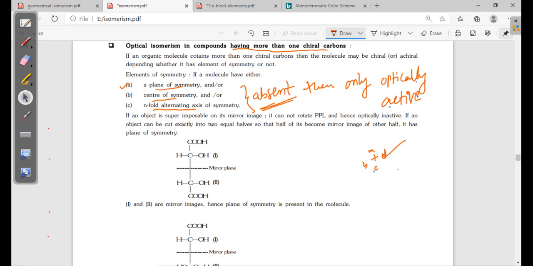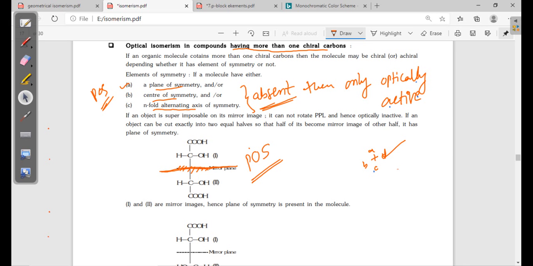Right? Now see here, an example. Here a compound is there, and a mirror image is there. Mirror image means plane of symmetry. Plane of symmetry means if one plane is bisecting the given compound into two pieces which are mirror images, that is called plane of symmetry. Yes, one imaginary line is here. This molecule is cut into two pieces, the above one and below one look like mirror images, right? This is called plane of symmetry. Its short name is POS, right? The first one, plane of symmetry.